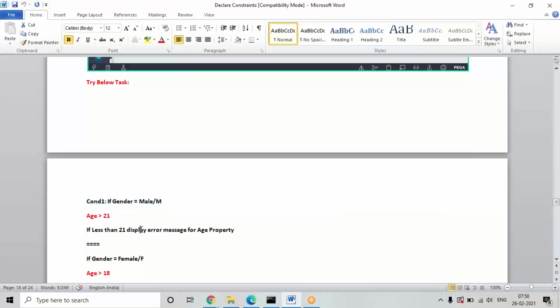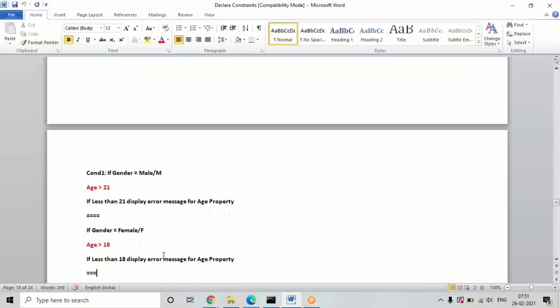Just a generic example: suppose if gender is male, I want to give a limit as age greater than 21. If female, I want to set a limit for the policy as greater than 18. So for these two conditions we need to define, and we are going to display an error in both cases. The error we need to display for the age property.